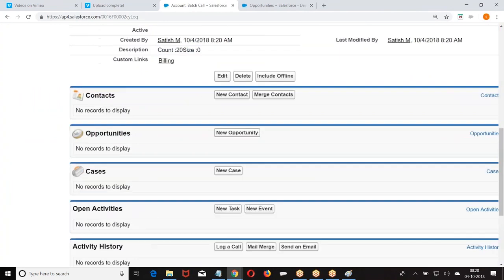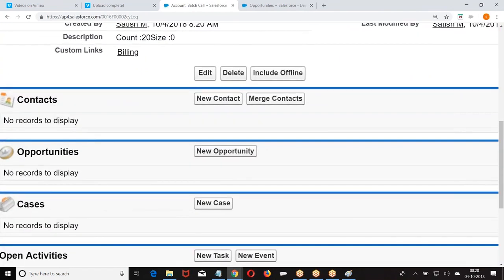What was this? Count equal to 20, size equal to 0. Why again? When you implement database.stateful, only the state of non-static variables is maintained. The state of static variables is not maintained.